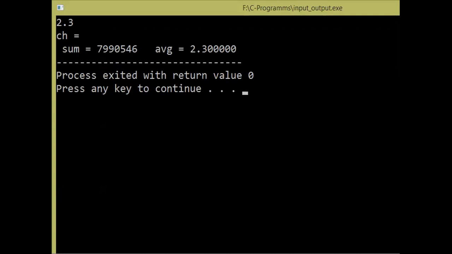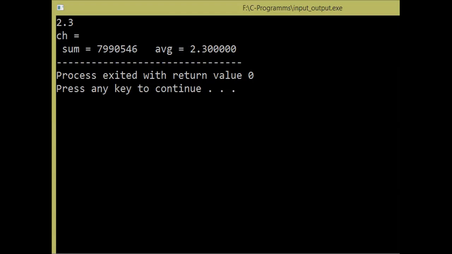There is some issue with the scanf. When you use a character with scanf, and before that we have used any number type variable to take input, we'll discuss this issue in another lecture, and how to handle it. But look at the output here. We have printed the sum successfully. Similarly, we have printed the float successfully. The only issue is that when we use multiple scanf and we have used character after float, we'll have an issue in the scanf. We'll discuss how to handle this in the next lecture.